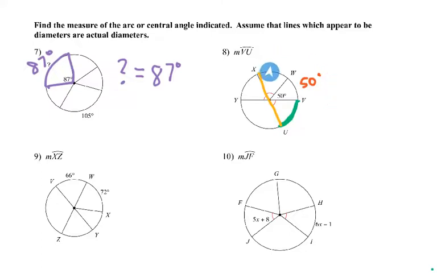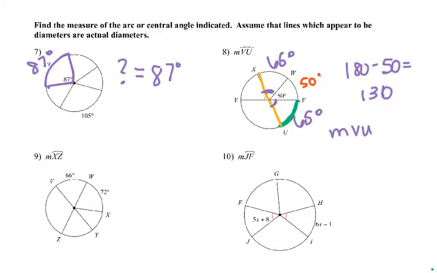But all of this right here, this arc XWU, is a semicircle, so that's the 180. So to find what's left, we can do 180 minus 50, and that's 130. And then we know that these two angles right here are congruent. So if this is 130 degrees between the two of them and they're congruent, we divide it by 2, and each of those arcs is 65 degrees. So the measure of arc VU